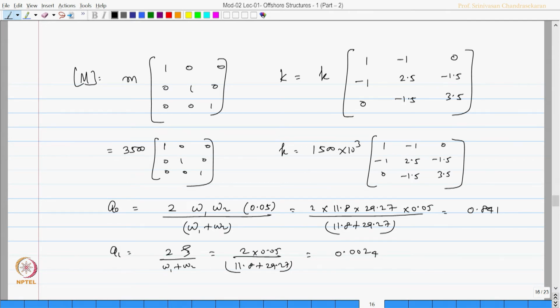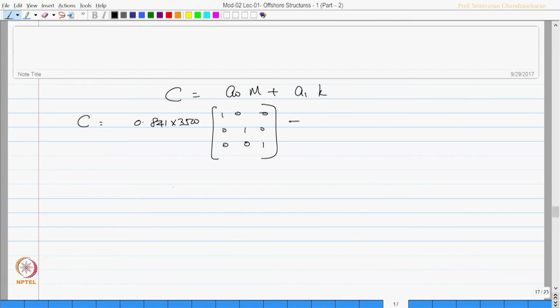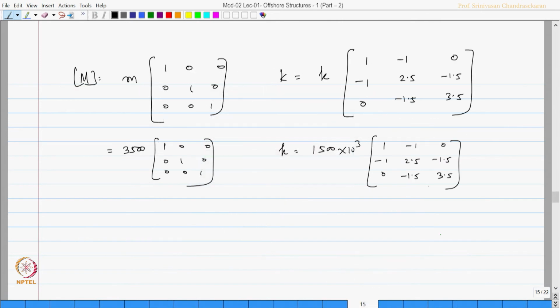So, now I can find the C matrix as A 0 m plus A 1 k. So, that is C is going to be 0.841 into 3500 of the identity matrix 1 0 0, 0 1 0, 0 0 1, that is my mass matrix, plus 0.0024, that is my A 1, into 1500 into 10 power 3. Summing them up, we get the C matrix as